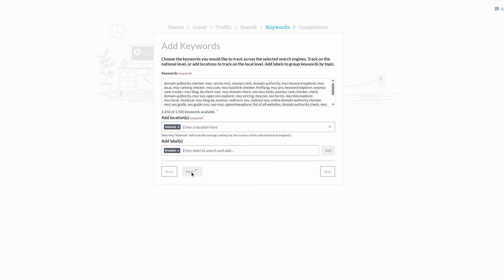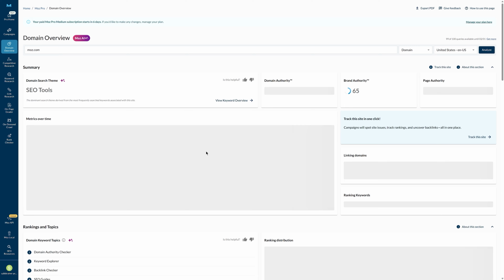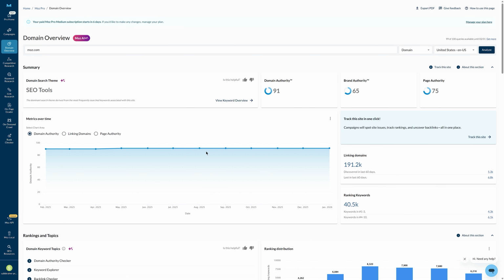Now, click Next. The final step is to include a few competitors to track. Once again, Moz will recommend a few. I'll use these, except I'll change the final competitor to SEMrush, using lower SEMrush and SEMrush.com. Alright, hit Finish. In a few seconds, that'll take you to the Domain Overview tab and show you key overarching